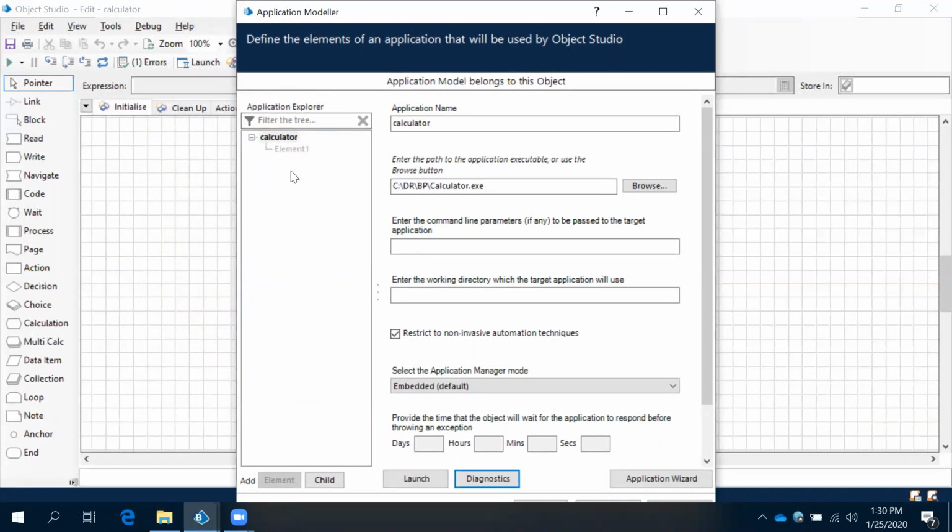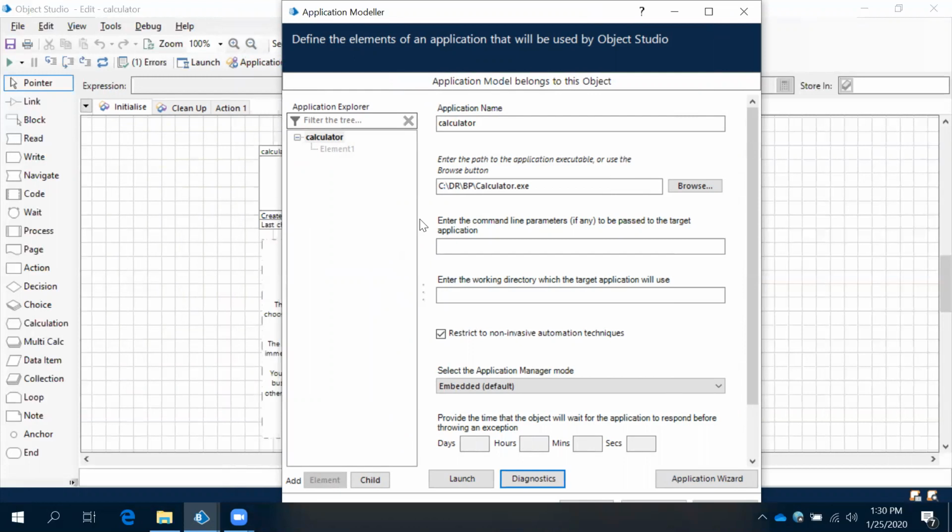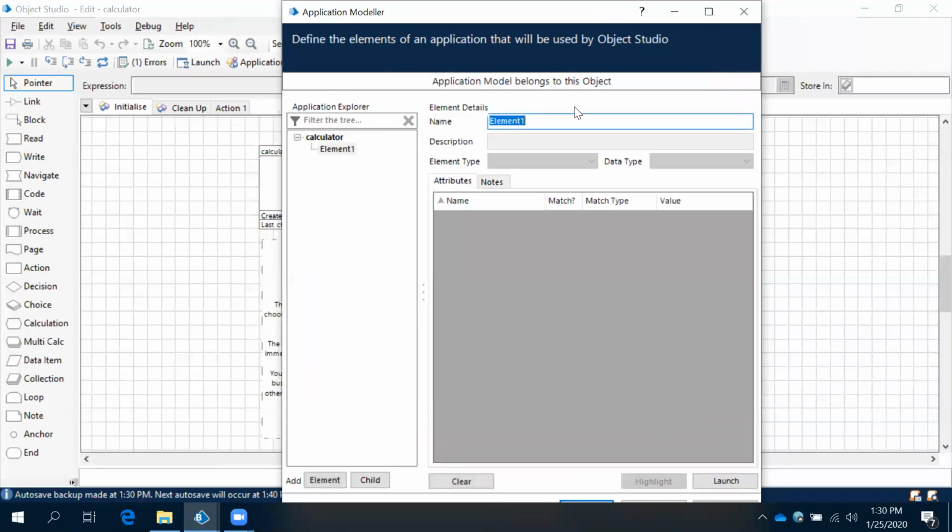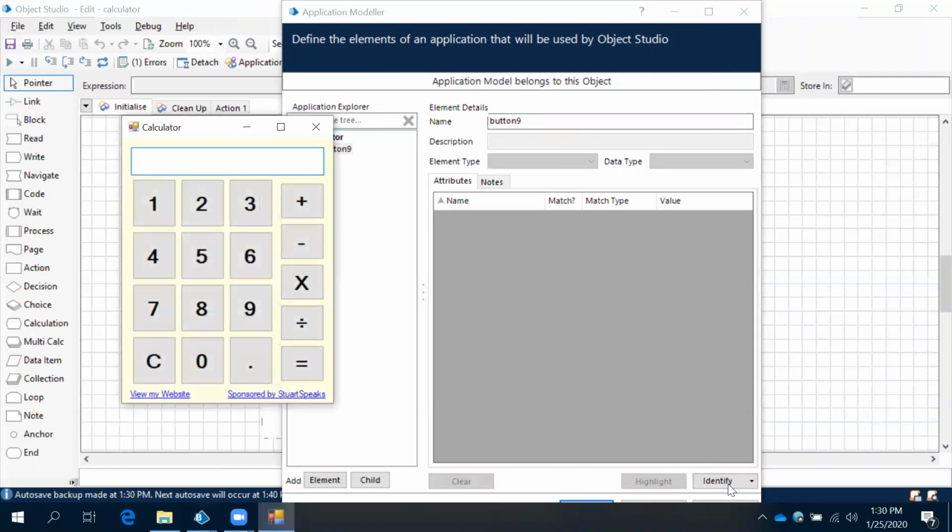To perform all these actions, we need elements. Where you are performing, that is an element. See, observe this. This is your default element. We call it the main element. Now let's see how to create an element for other actions. Click on a new element and then name it button 9. Observe this. When you want to create an element, what are you creating the element for? For the application, right? That application should be there.